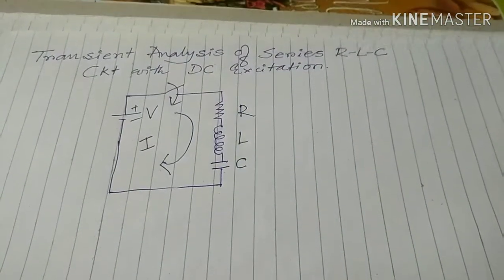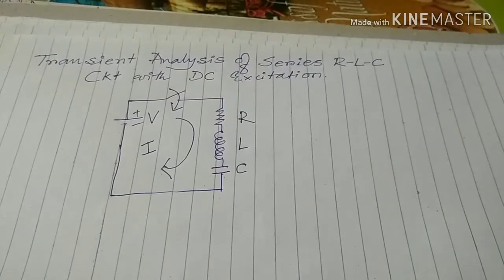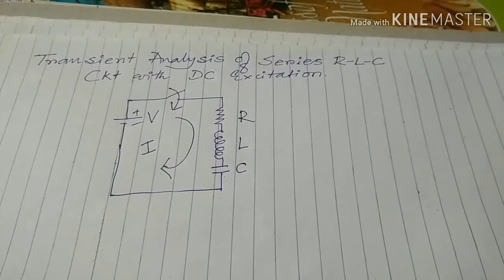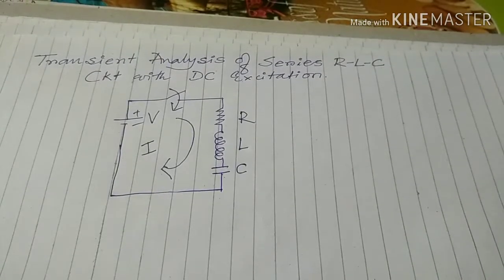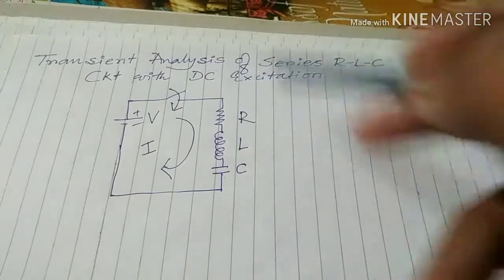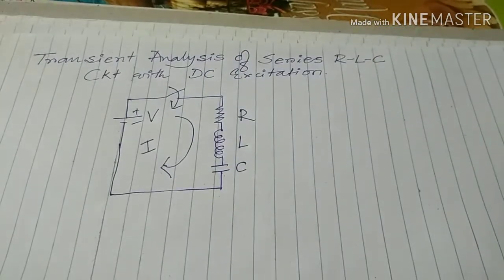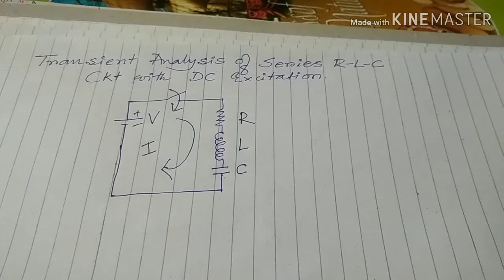Now at t equal to 0 plus, which means after the switch is closed, the voltage source supplies the current, and if we apply KVL through the circuit, then the equation that will be formed is